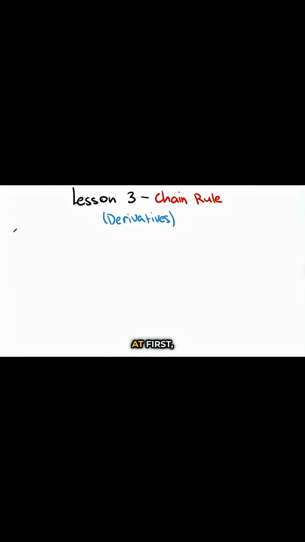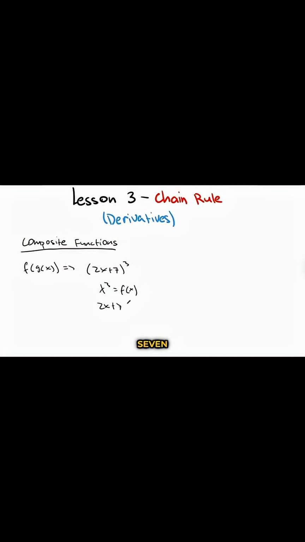I'm gonna be honest, I never really understood the chain rule at first glance, but after tons of practice, it's really that simple. At first, we need to understand what composite functions are. So suppose you have a function f of g of x. And as an example, we have a function which states that (2x + 7) to the power of 3. So here, x to the power of 3 would be f of x, and 2x + 7 would be the